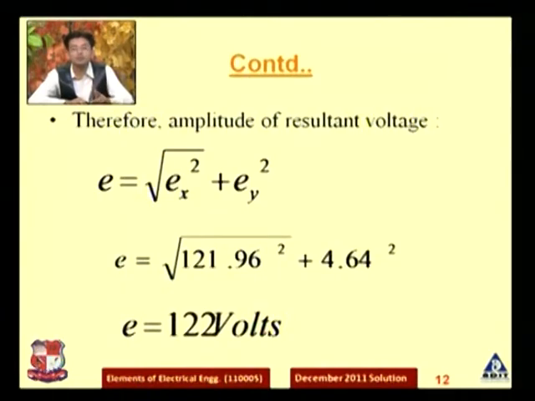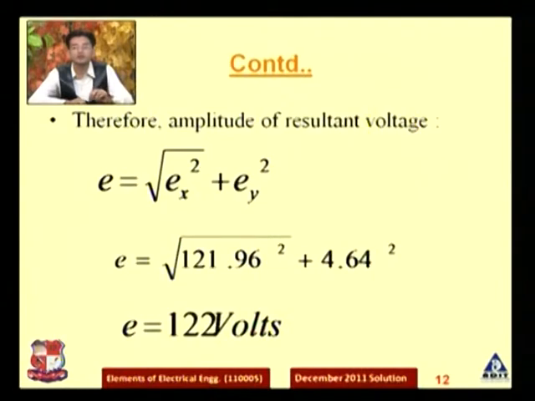So if you do the algebraic sum, your answer is 150. Mind well, it is wrong. You have to do the phasor notation, and then you can find the resultant voltage from the given three quantities. Now in the question it is also asked what is the phase angle of the resultant voltage.